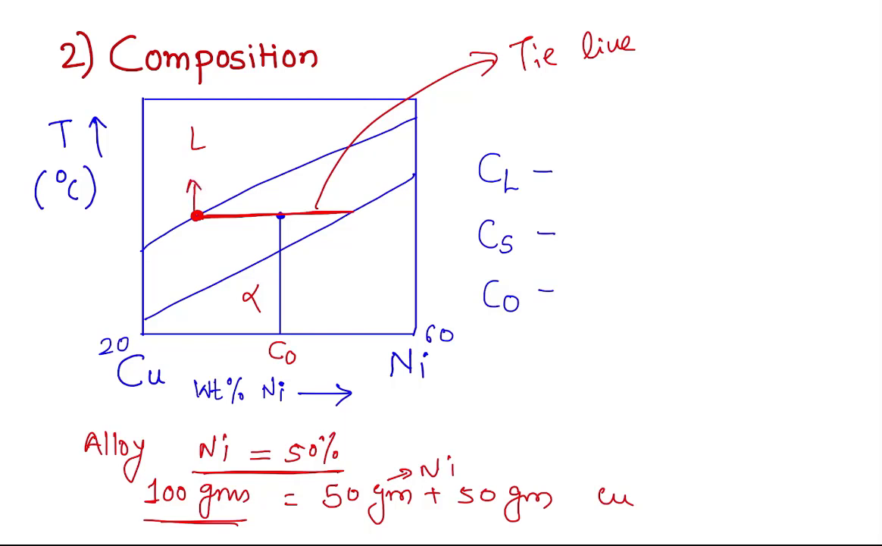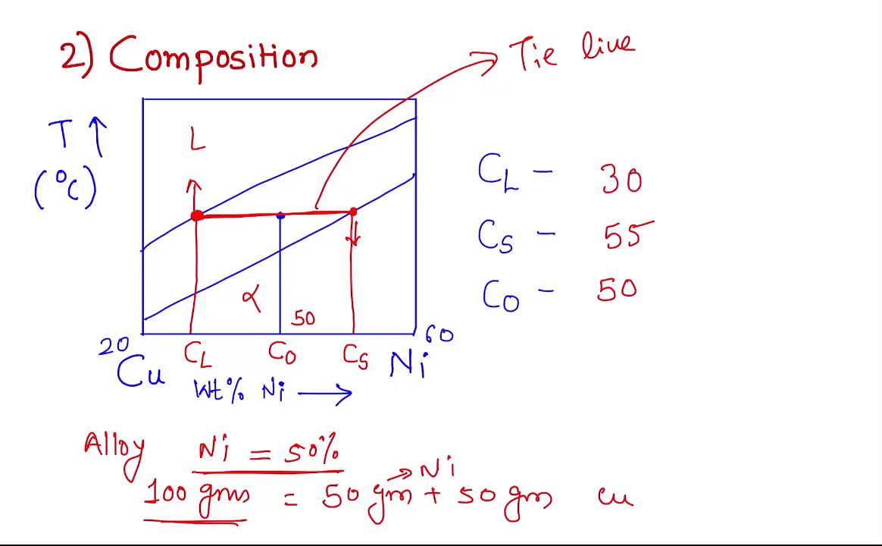Above this, it will be in a liquid state. So this composition we can call as Cl, that is composition of liquid. Here it touches solidus. Below this, everything is in a solid form. So this composition we can call as Cs, that is composition of solid. So if we take 50% C0, we can write here C0 50. Cs comes around 55 weight% and Cl comes around